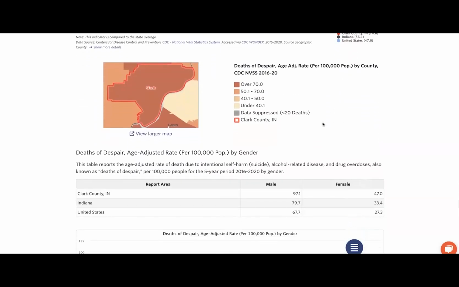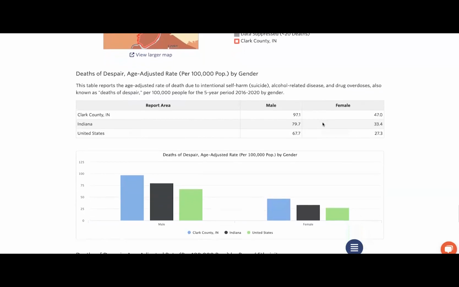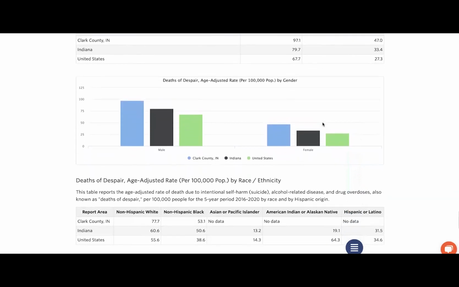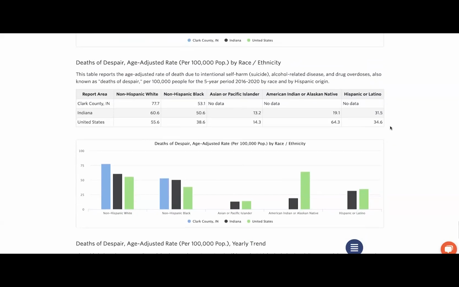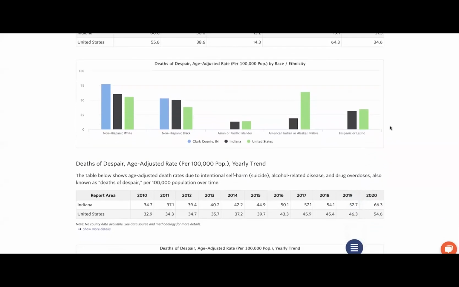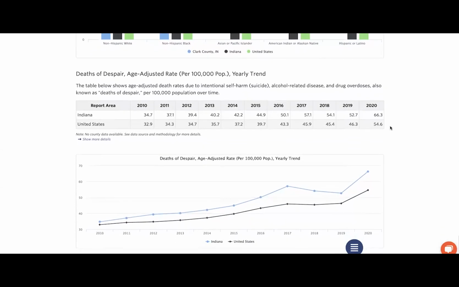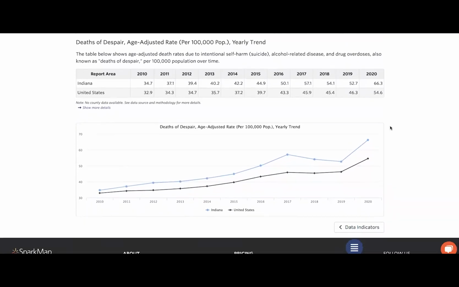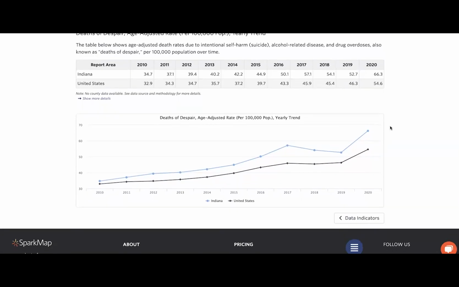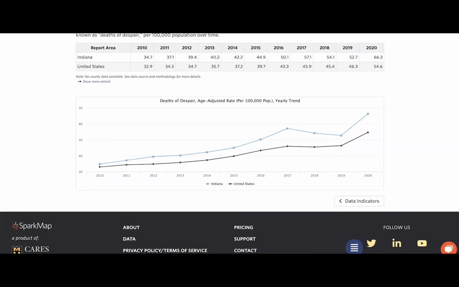If we probe further, we can see breakout data for the indicator by gender and by race and ethnicity. We can also see the yearly trend data for the state and the country, showing year-by-year comparison for 2010 to 2020. For the most part, deaths by despair have been steadily increasing both statewide and nationwide, signaling an area for increased attention.